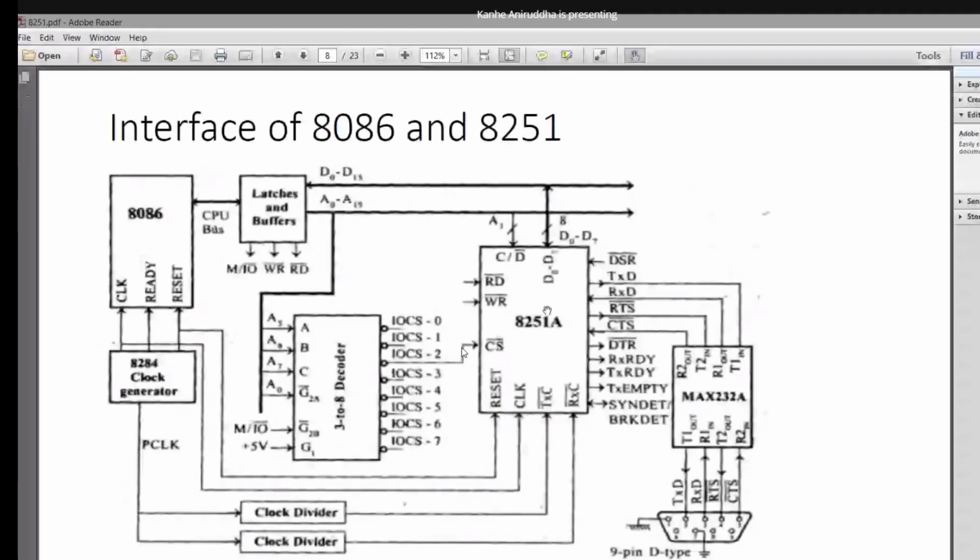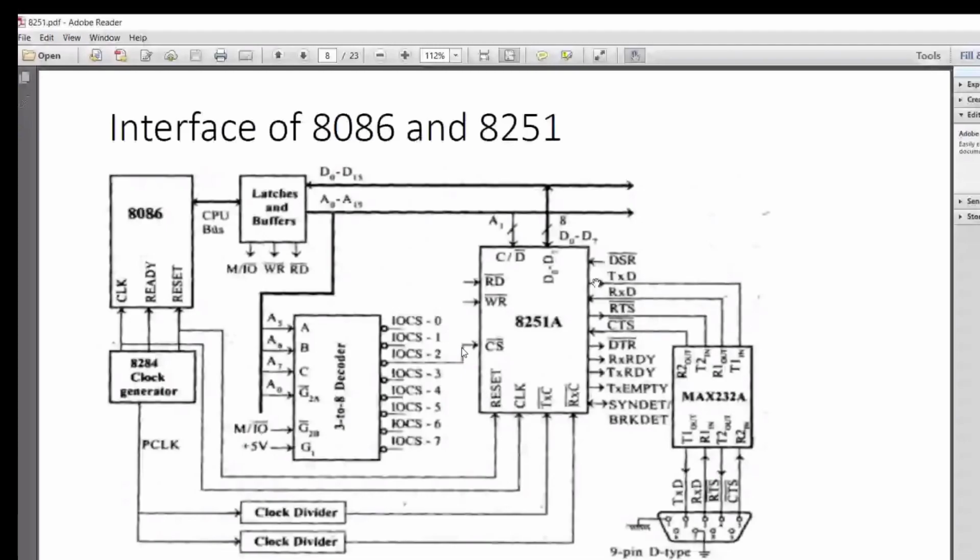If you look at it, we can have the transmission of data at the clock frequency of our 8086, or it can be 1 by 16th of our clock frequency, or 1 by 64th of our clock frequency. So that baud rate, bits per second, where the second is identified by the clock frequency here, is possible by this clock generator, a clock divider circuit going into this. One of the clock dividers goes into the transmitter clock and another clock divider circuit goes into the receiver's clock.